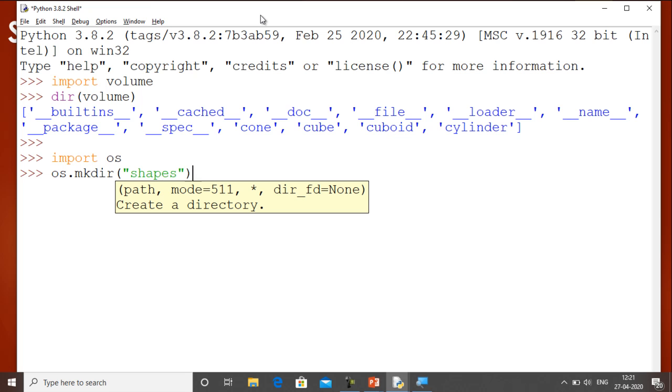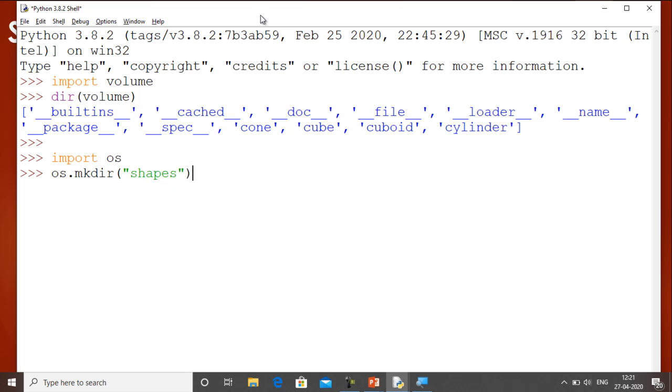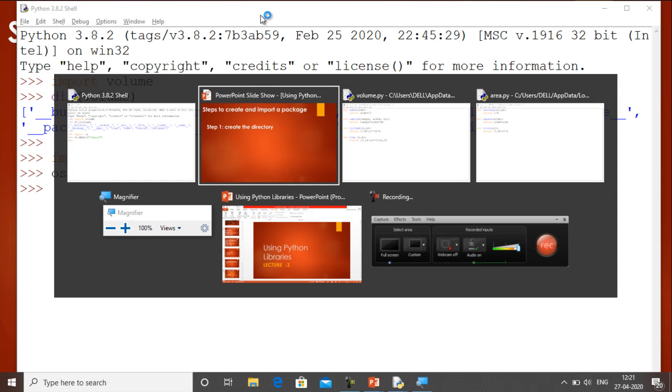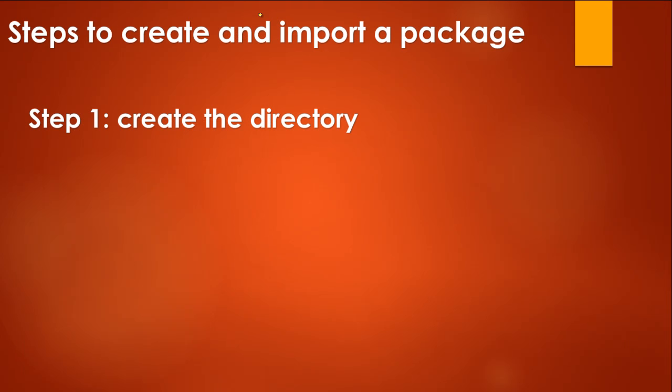So what will happen when I press enter? A folder named shapes is created in the Python directory. So I simply press enter, and the folder is created.